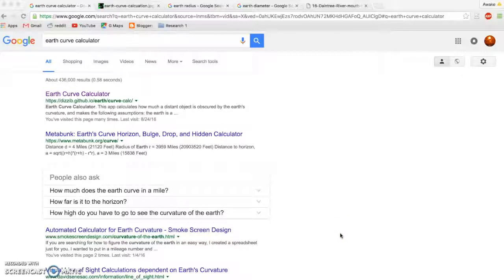One of the first things that we need to do is get on the same page about curvature and what the correct formula is for